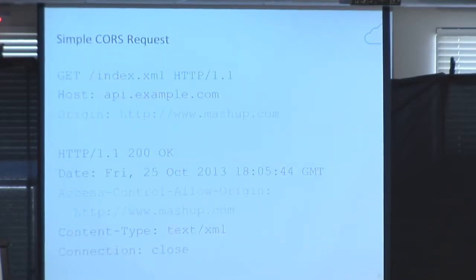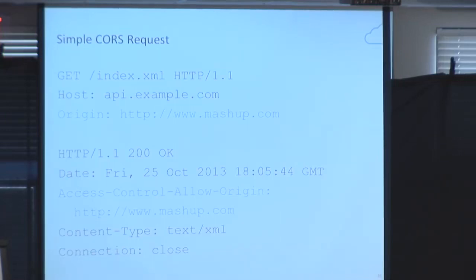So with CORS, it's a way of saying you don't have to follow the same origin policy always. A server can individually opt out of that if it wants to. So the way this works is the browser will make a cross-origin request to the server. This happens regardless as long as it is what's called a simple CORS request. That's something that uses get, post, or head and has a standard content type such as text plain or something that's containing form data. The server receives the request, and if the origin sent along in that request is one that it wants to allow as a cross-origin request, it sends back a